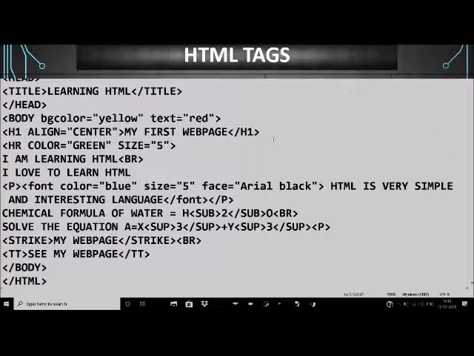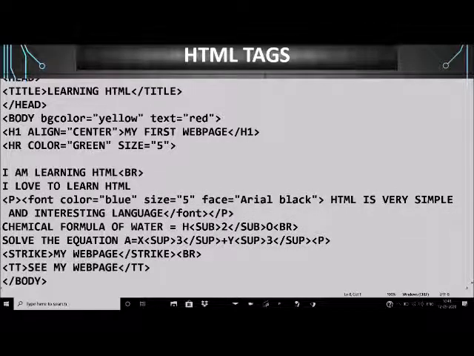Now we will learn IMG tag. Suppose we want to insert an image in the document in our web page, then we will use IMG tag. HR tag is an empty tag because it does not contain anything inside it, and it just draws a line across the web page, so we are not required to close this tag. It is an empty tag. IMG is also an empty tag. It is used to insert an image in the web page.